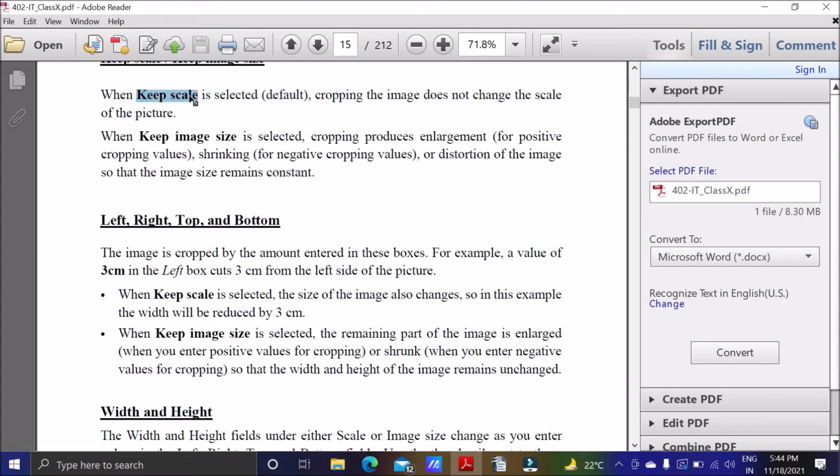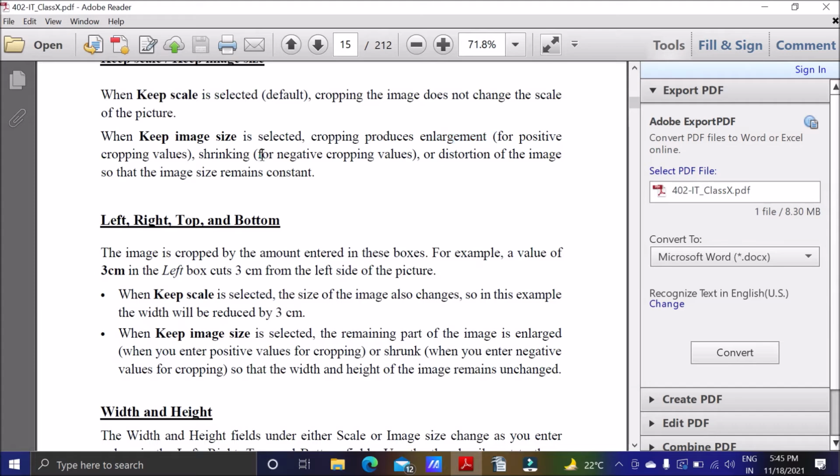Keep scale will crop the image and it does not change the scale of the picture, means whatever way you are cutting, the rest of the image will be there, means the size will get reduced. And if you go for keep image size, and you go for a positive cropping value, as we just did, then the image was enlarged to cover the rest part, means the size of the image remained the same.